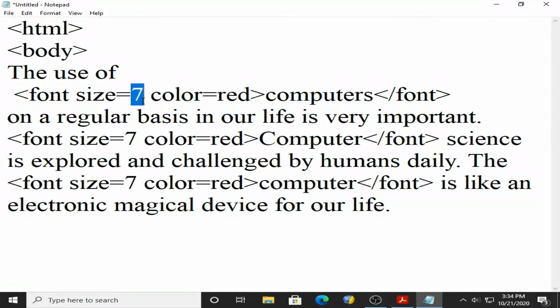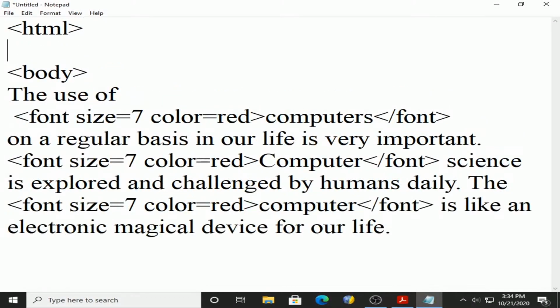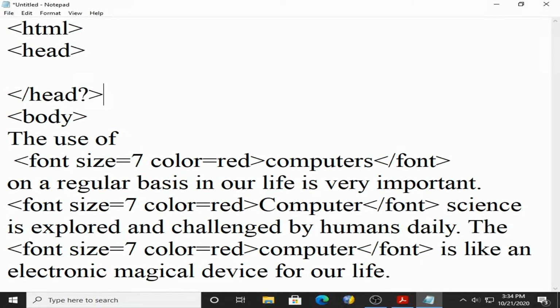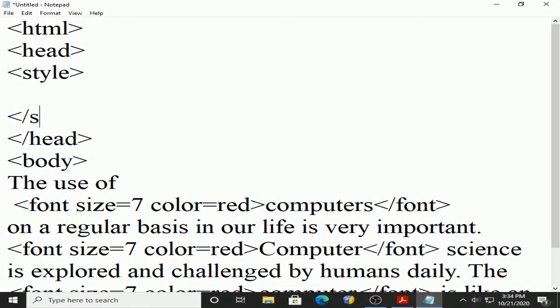in which we need to create a style first and then we need to create the implementation of the style. For example, after the HTML tag, I mention head and slash head, and between head and slash head I will create the style between the style tag and slash style tag. So here I have to create the style. Now students, whatever I speak next, all that is asked in the board exam. First I will type and then I will speak.